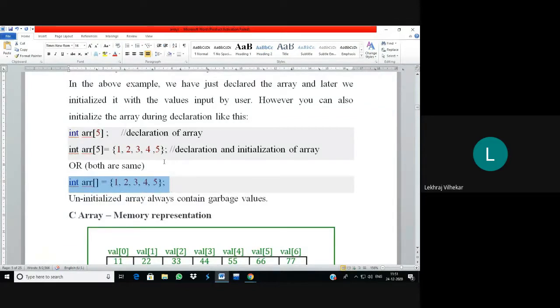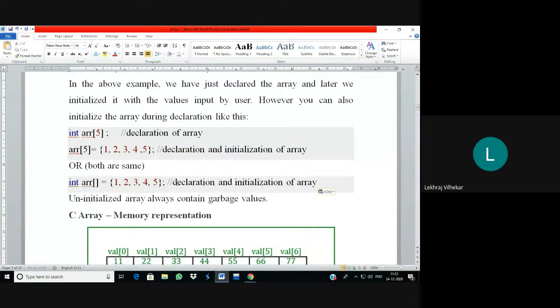This statement is the declaration and initialization of the array. Your above statement is the declaration part for the same array. Now you are initializing the values, and in a single line you can do both things, declaration and initialization of the array.